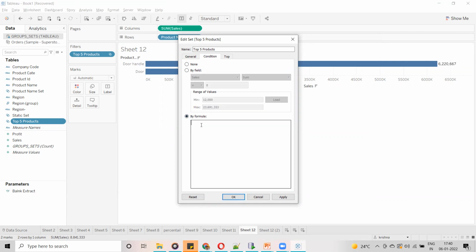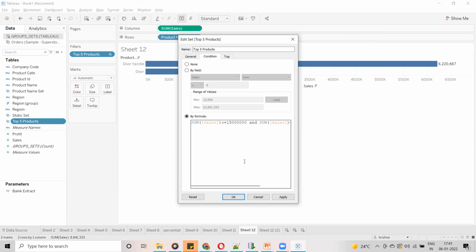So now how can we write it, guys? Sum of sales greater than or equal to 15, and sum of sales less than or equal to 23. So this is the calculation I have written.